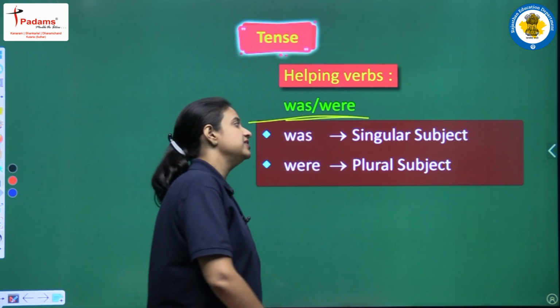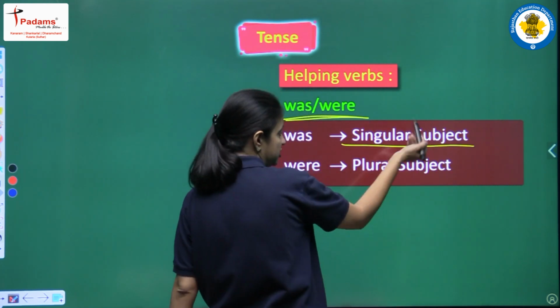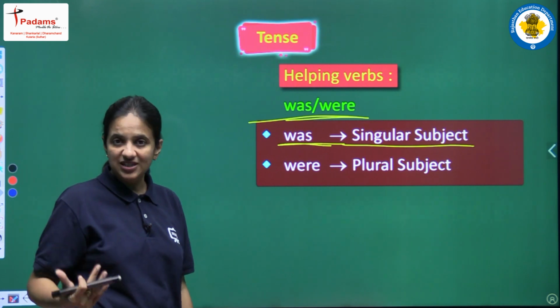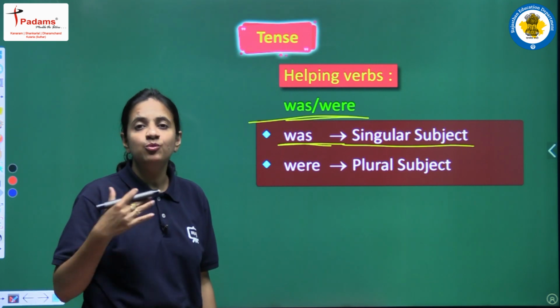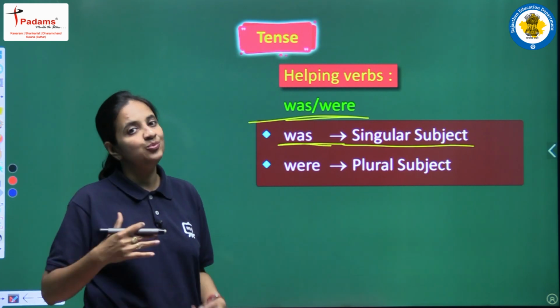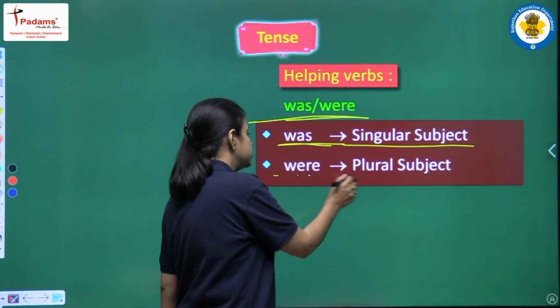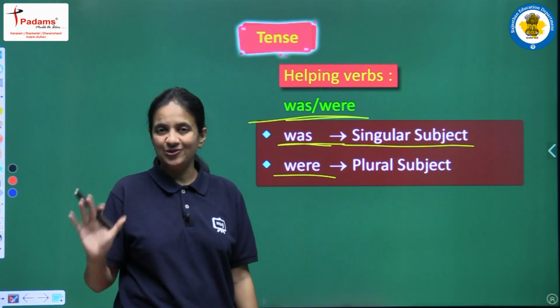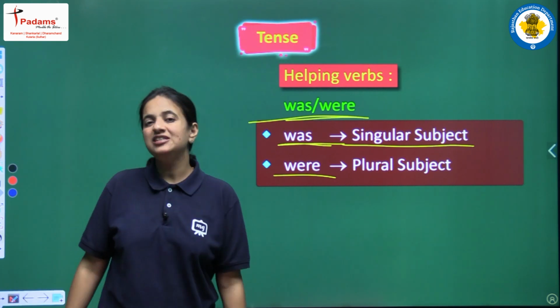So for singular subjects we will use was, and if the subject is plural, if the subject is more than one, then we will use were here. Okay, and students, one more thing that I want to clear here, कि